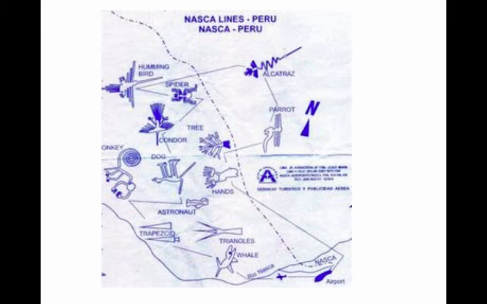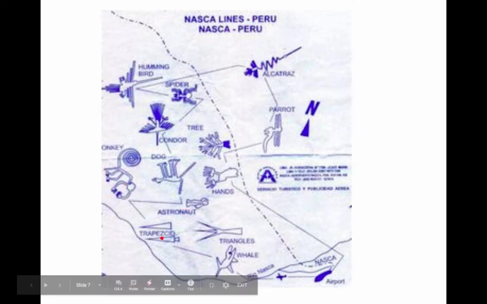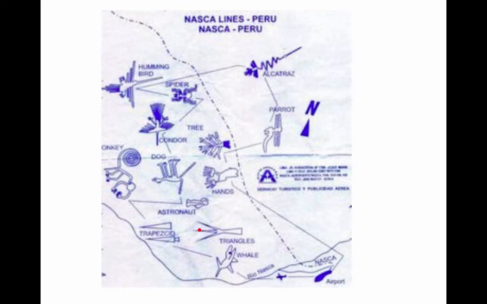How did they make them is the big question, because especially some of these that are very elaborate, like the monkey, or these geometric shape, these triangles, are really exact. Like the lines are extremely straight. So it must have been a very complicated process to make them. They've also been able to stay untouched for so long because this is a very still area. The winds don't really whip through this desert. So once these were made, they maintained really well.